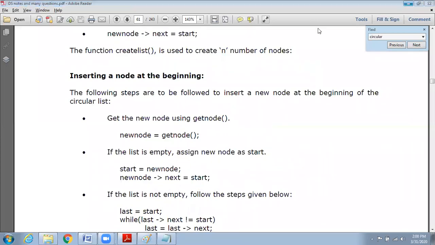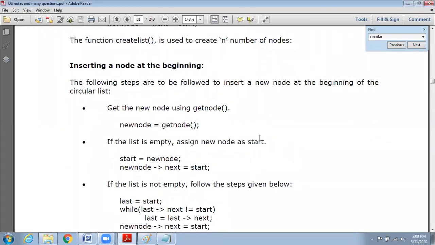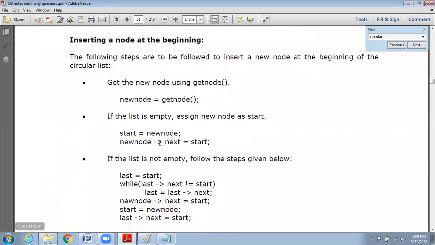For example, I'm going to insert a node at the beginning. As usual, we call the get node method to create a node. If it is a first node, you assign that new node's address to start. All this we know very well. But if that is not the first node, then you have to insert at the end. First, I will show you an example.